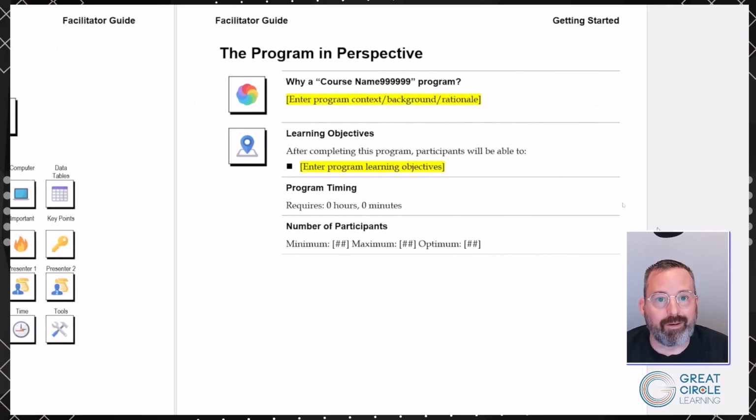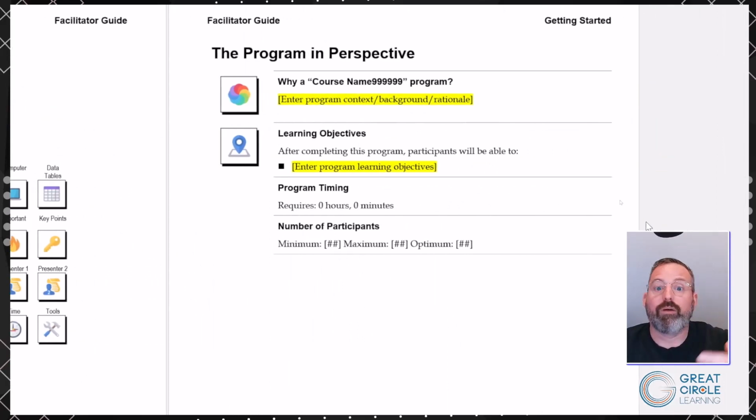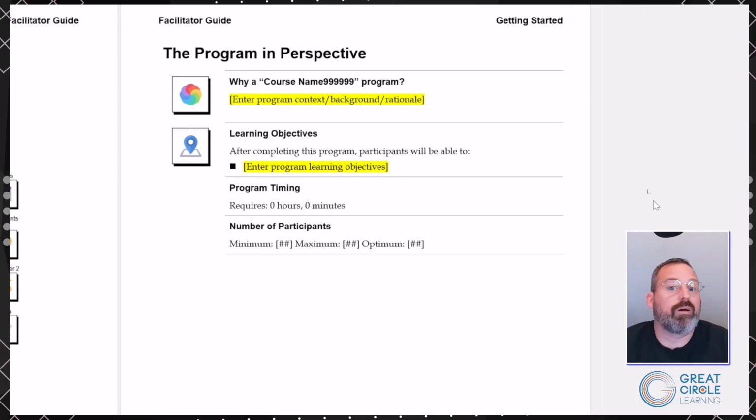Other templates that are very powerful in a facilitator guide include having a place we call the program in perspective, which captures the high-level items that should be in a guidebook. All right, why are we doing this course? The why is very important when we try to get buy-in for the facilitator, for the learner, for the organization, for the stakeholder, and capturing that so that whoever's looking at it can see, as a